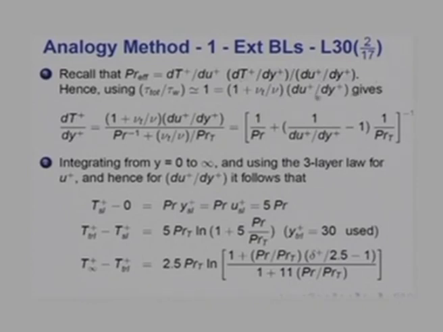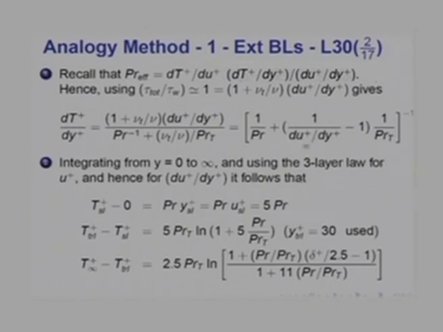You will recall we had derived this equation, which gives dT+/dy+ equal to [1 + nu_t/nu dU+/dy+] by [Prandtl^-1 + nu_t/nu Prandtl_t^-1], or simply [1/Prandtl times 1/(dU+/dy+) minus 1/Prandtl_t] raised to minus 1. Integrating from y equal to 0 to infinity and using the 3-layer law for U+, and hence for dU+/dy+, it follows that